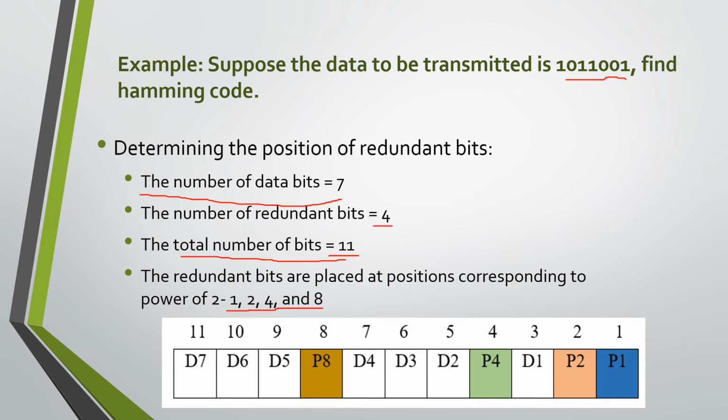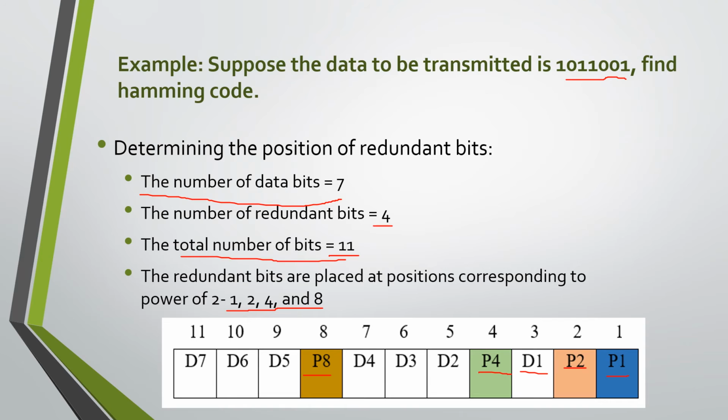Here the positions which are in color are taken as parity bits, like from the LSB, position 1, position 2, position 4 and position 8 are taken as parity bits, and all other positions are set as data bits. The bit at position 1, that is the parity bit, is denoted by P1. At position 2, the parity bit is denoted by P2. Then the data bits are denoted by D1, D2, D3, D4 and so on.